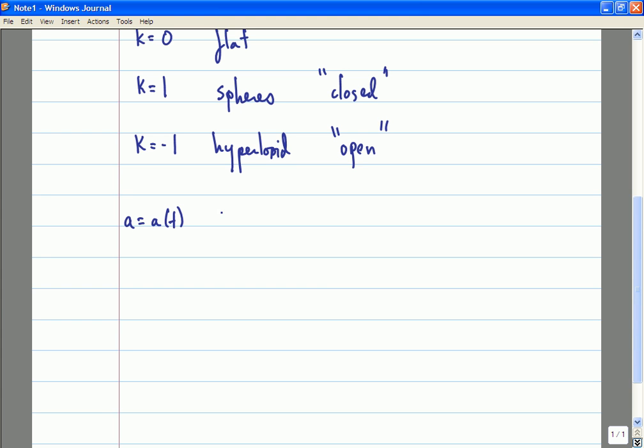So a of t is found by solving Einstein's equations, and in order to solve these equations, we need to make some assumption about the sort of matter which is present in the universe. And the Friedmann model,